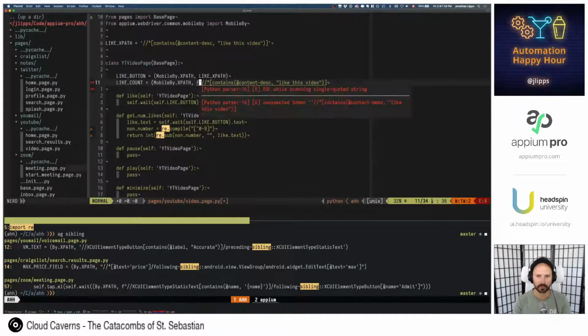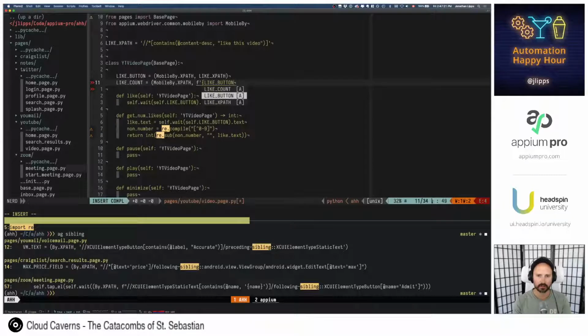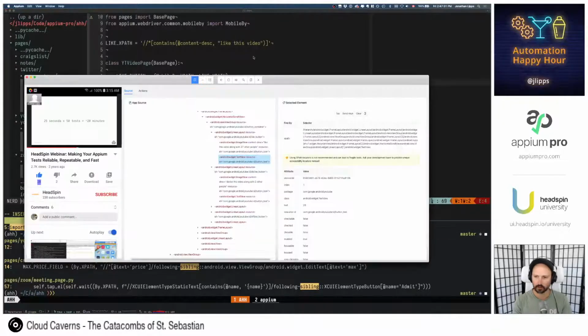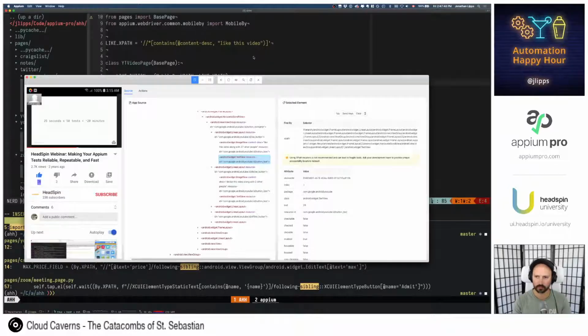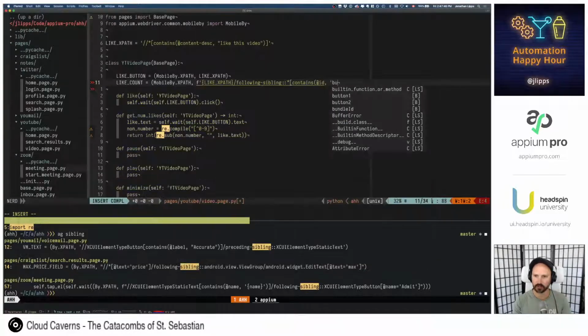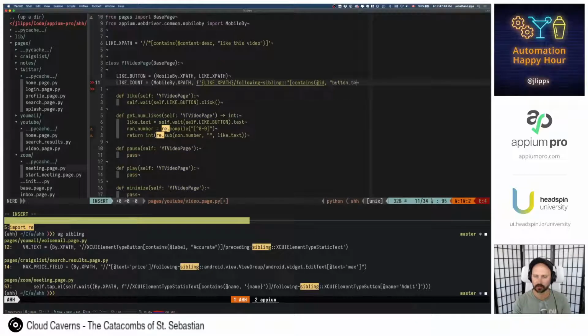And this is going to be a format string that uses the like XPath. And then we want the following sibling, which has the ID of button underscore text. Okay, that's a wild query.